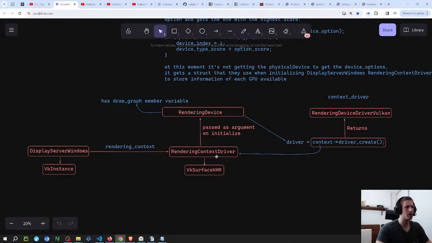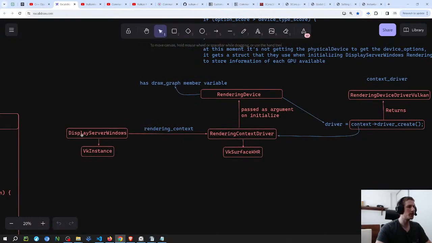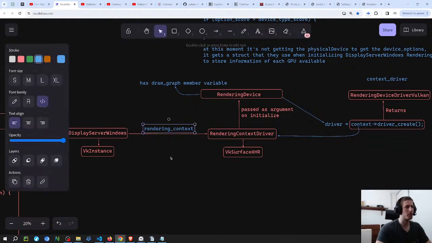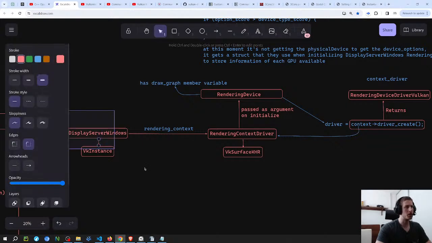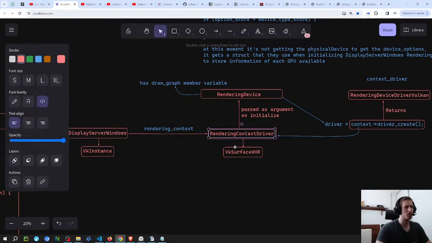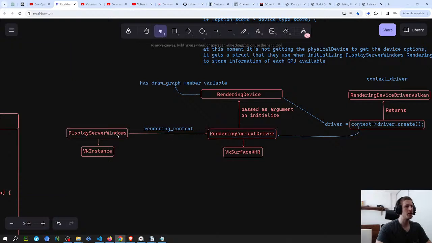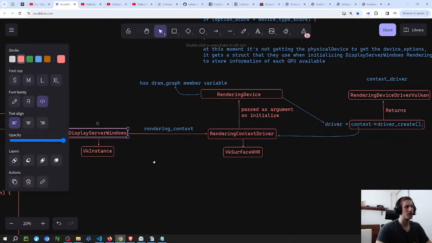I think this is initialized calling this function. No, this is initialized here. Yeah, when they initialize the display server windows, which it sets up in the beginning, it has inside of this class here this rendering context variable, which is just an instance of rendering context driver. So when it initializes this, it's going to initialize this at some point. And here it creates the instance, and so